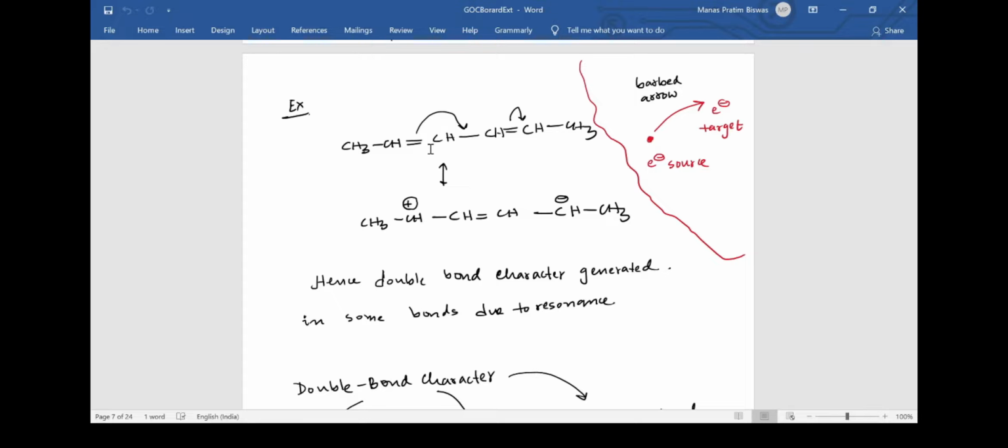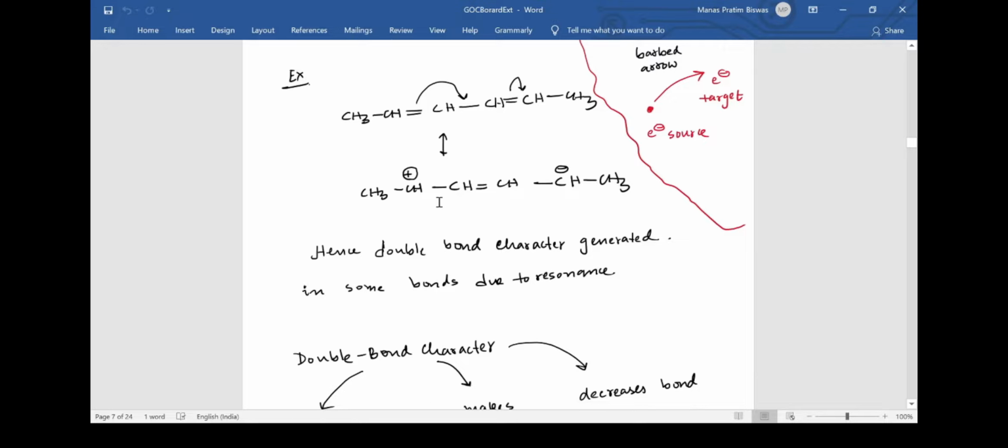And what happens, this pi bond here, this might shift to between these two carbons. What basically happens is that this carbon is having an empty p orbital and this carbon is also having an empty p orbital, and one of the p orbitals of these two carbons is filled with electrons, forming the pi bond. And suppose this pi bond now switches over to this empty p orbital, then the complete transfer of electrons happens from this bond to this bond, and consequently this bond gets broken and it shifts to this carbon. I guess you have all done these things in class 11, so I'll not be spending much time.